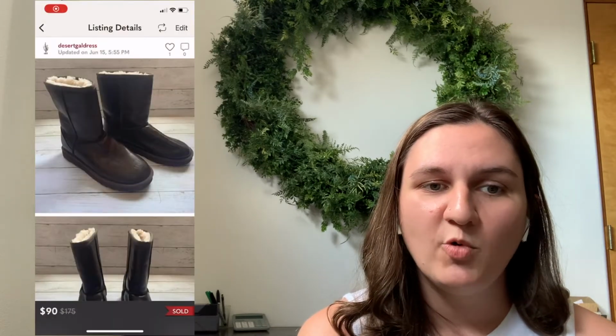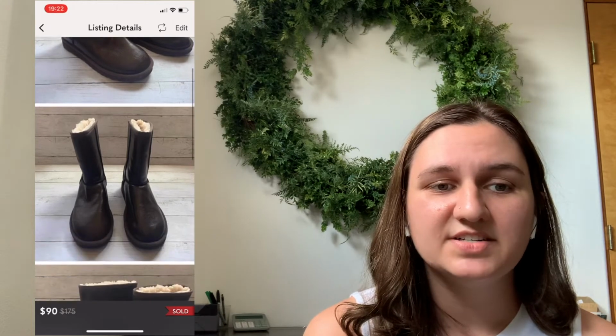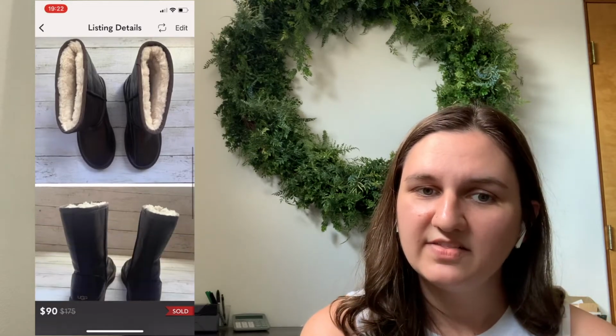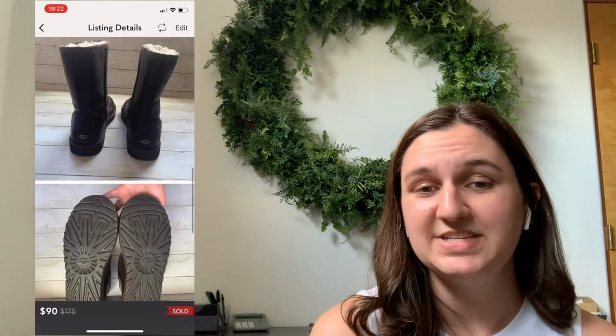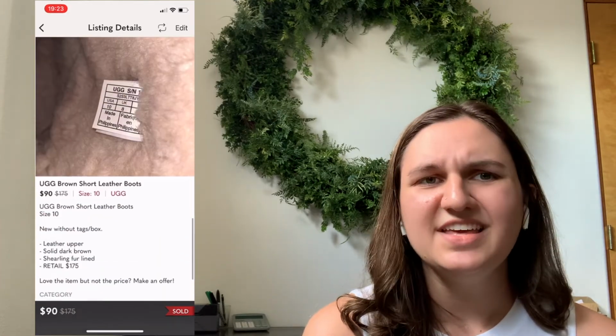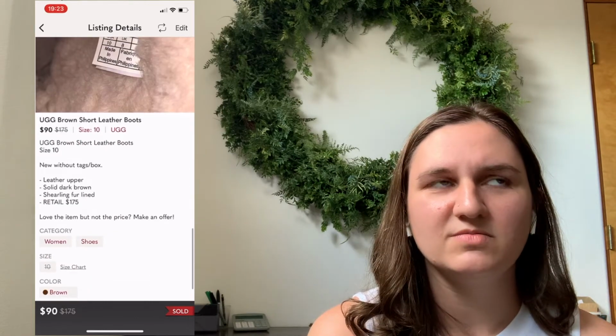Not too bad either. They sold for $85, so I ended up getting a profit of $60.33 since cost of goods was $0. Next up was a liquidation item. So these are some UGG brown short leather boots, and I listed them June 15th. They sold same day, so 0 days to sell, which is great. I think they were in new condition, just new without tags and box is what it was. They sold for $90, and I had paid